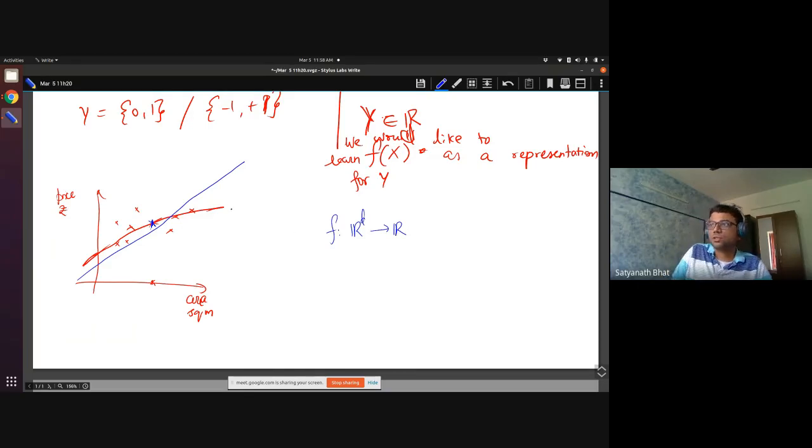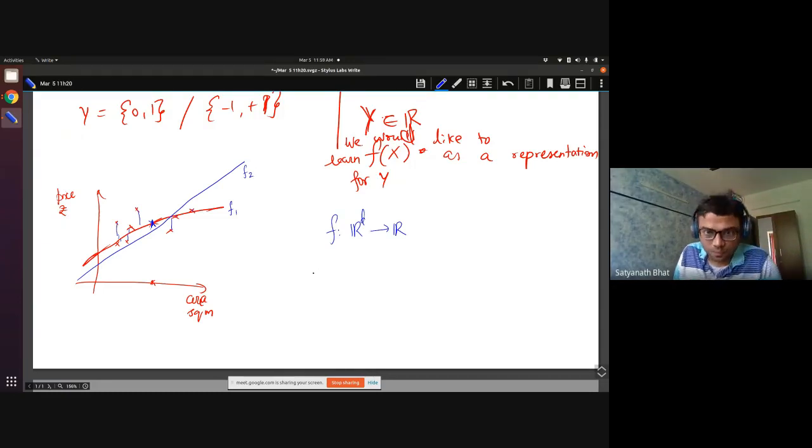Let's say this is f1 and this is f2. We need to measure which among the two is better. We would like to have some idea of the goodness of how well these functions are fitting. Given this particular example, which one do you think is a better function? Sir, the red one. Yeah. What you have intuitively done is you have seen how far each of these points is from what is supposed to be predicted, and then you have said this is better. So that is what we are going to do.